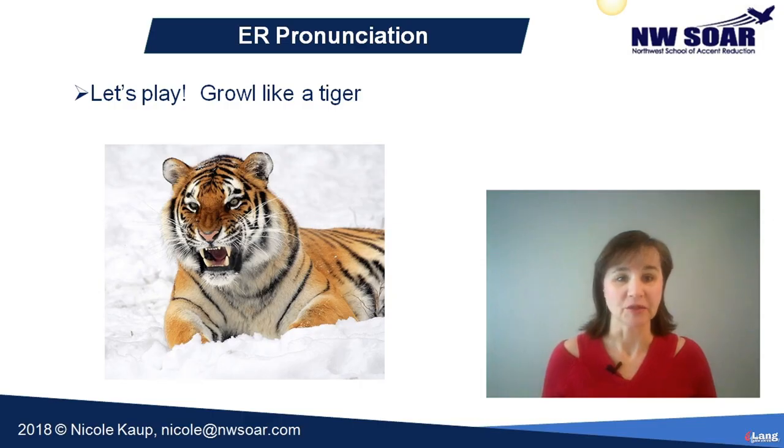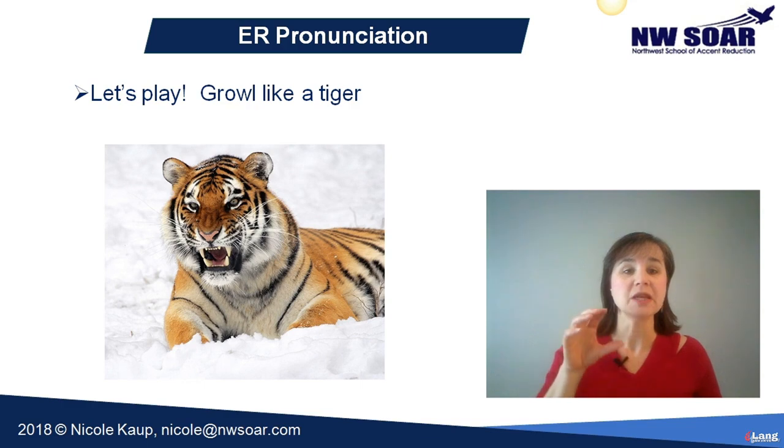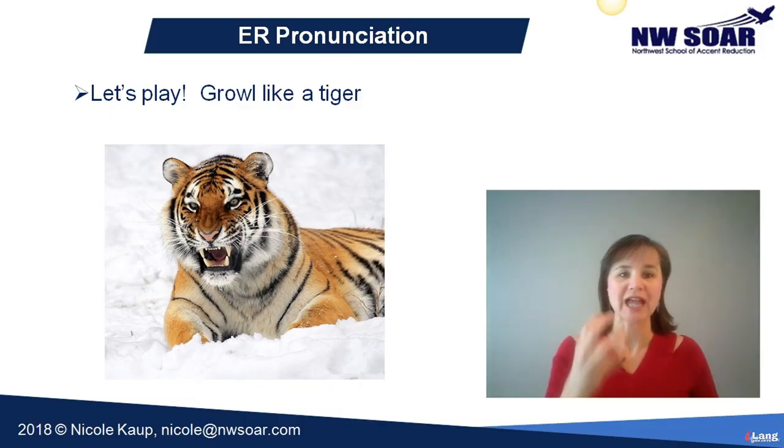Let's play with this a little bit. I want you to growl like a tiger. But before we do that, I want to make sure that your mouth is set up to correctly pronounce the sound. So make sure that you open your mouth about midway. You round your lips. Your tongue is in the middle of your mouth. Pull it back. It should not be touching anything, right? And then we're going to feel tension. Like hold the muscle tight.